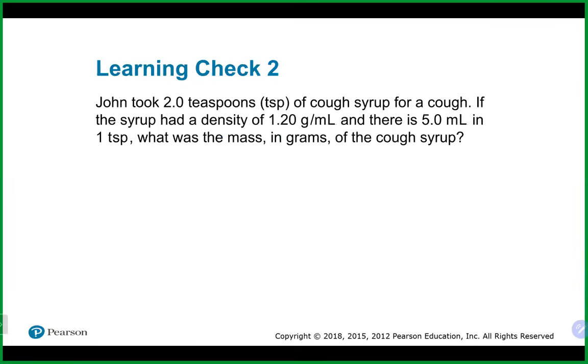All right, let's try this one. John took 2 teaspoons of cough syrup. The syrup has a density of 1.2 grams per milliliter. And if there are 5 milliliters in a teaspoon,